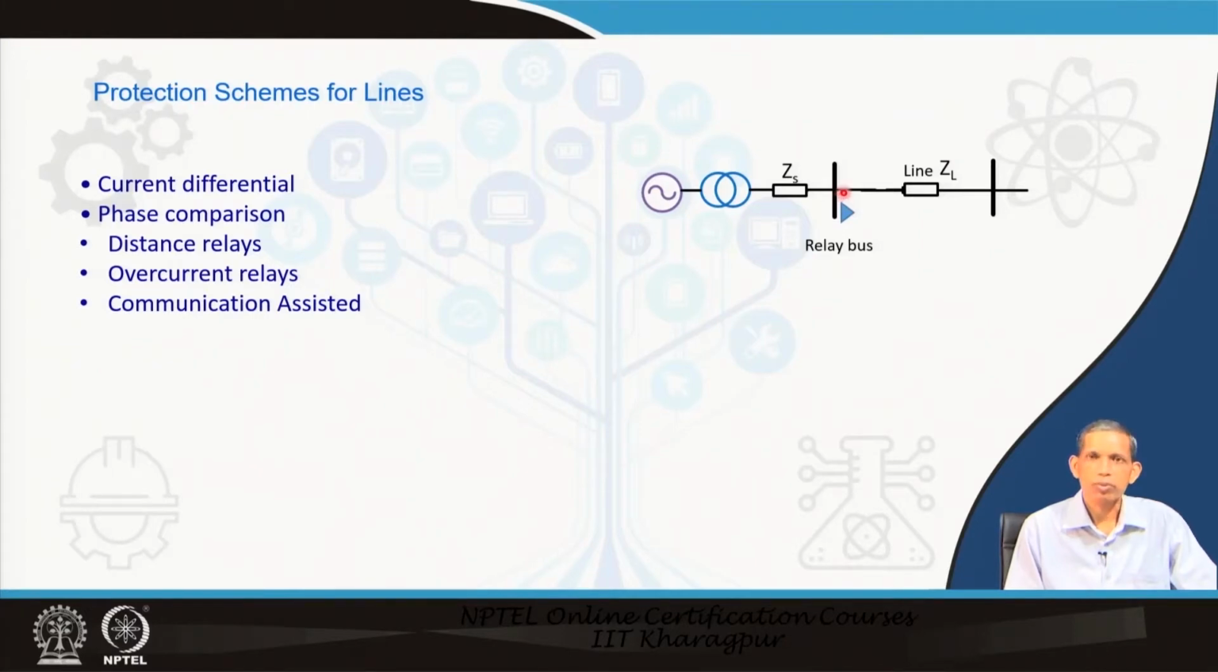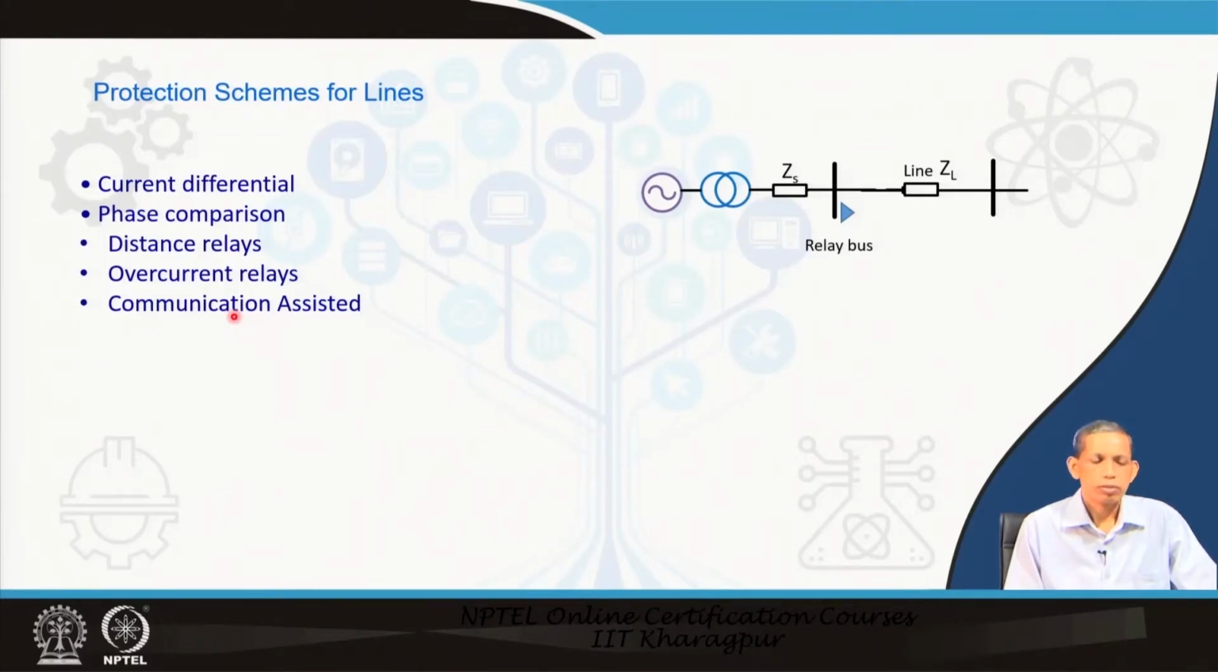So, that can also be applied to the transmission line. We will see later on what is the limitation of overcurrent relay. Communication assisted different protection schemes and so on. So, overall we will see here that some are unit protection, some are non-unit protection,